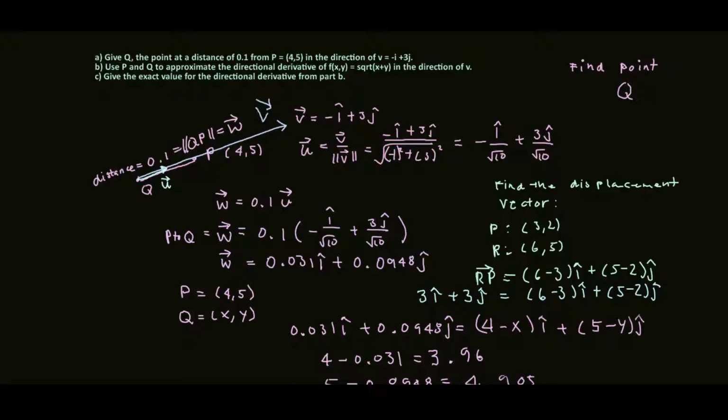Okay, so once we normalize it, we have u, the unit vector. This is the unit vector in the direction that V is pointing at. And the next part is that we have the unit vector and we have the magnitude of QP or PQ. So from that, the magnitude of QP or PQ is the scalar multiple of some vector,